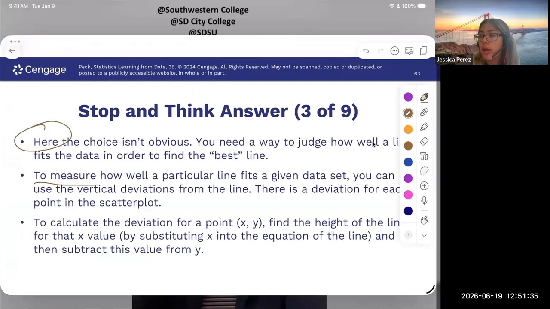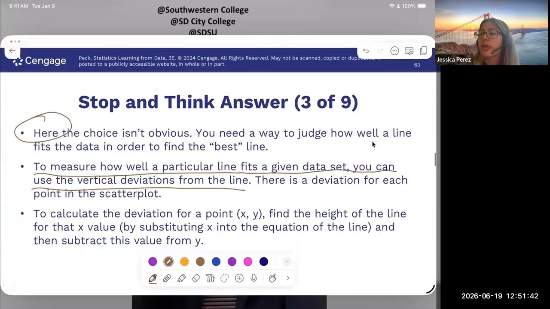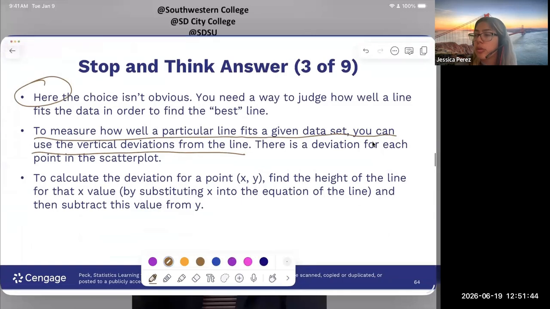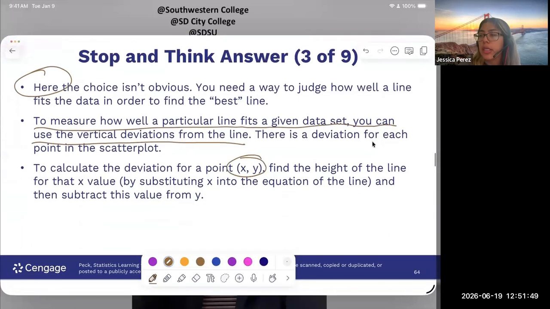To measure how well a particular line fits, you can use the vertical deviations from the line. There is a deviation for each point in the scatter plot. To calculate the deviation between x and y, we're going to be substituting